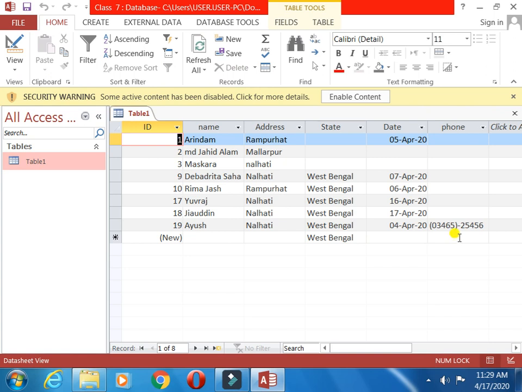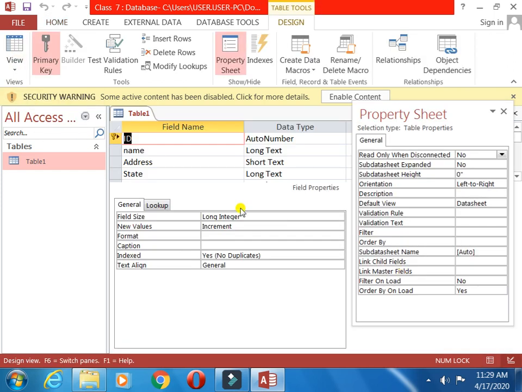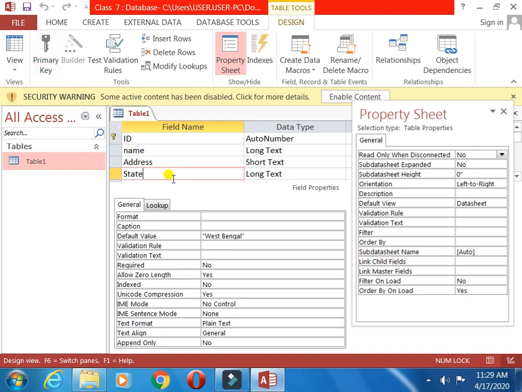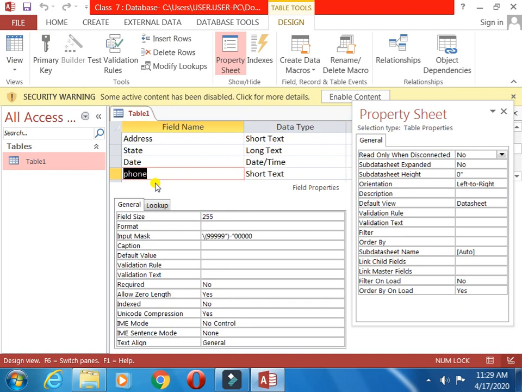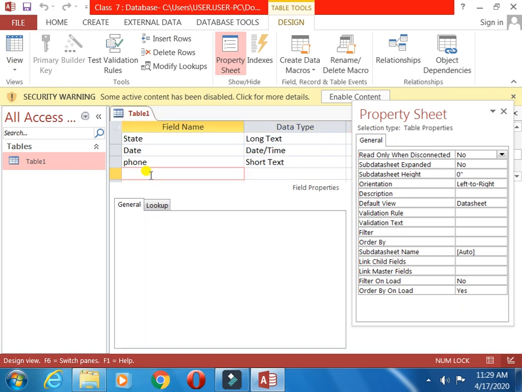I hope you have practiced, and I told you to enter the names of minimum 10 or 15 students, your friends. Okay, now let us go to the design view. That day you already did state, and now the phone number is also done, the last one.